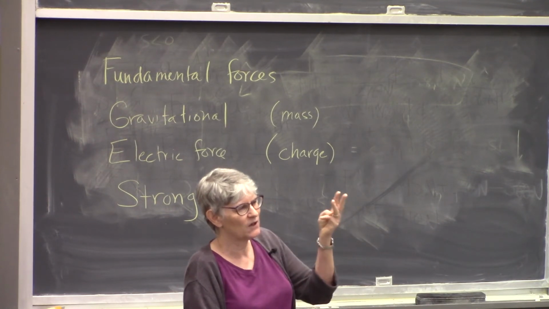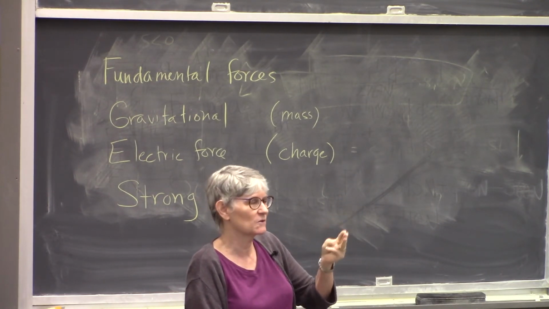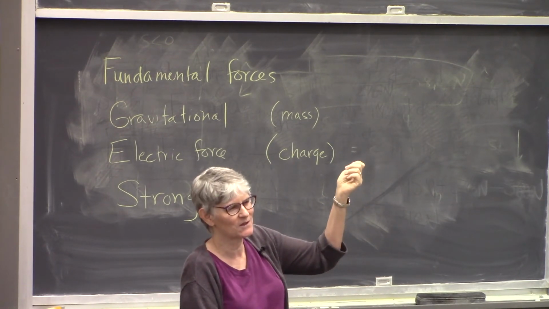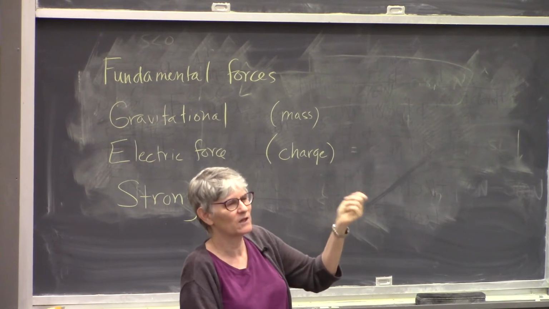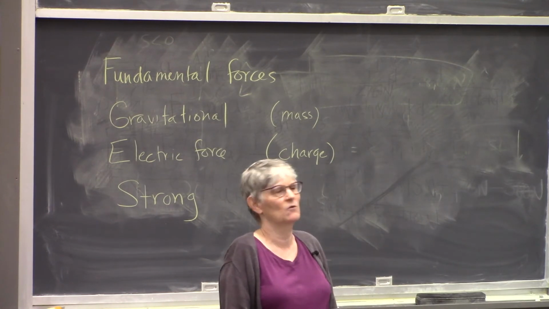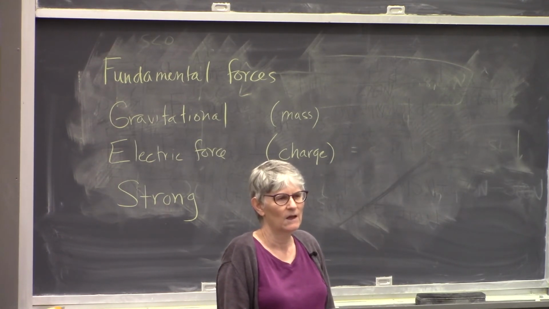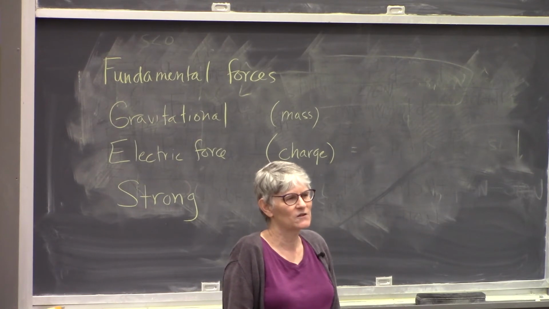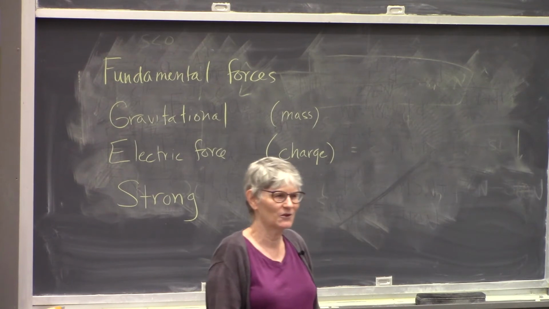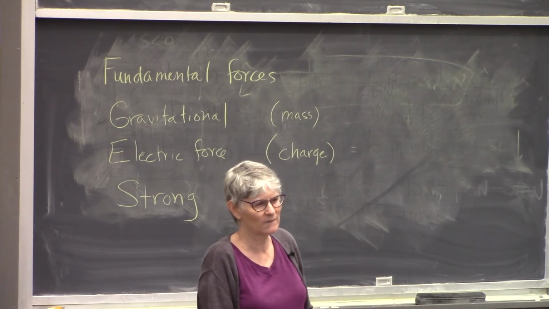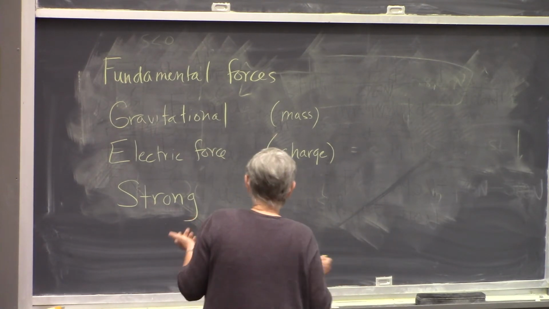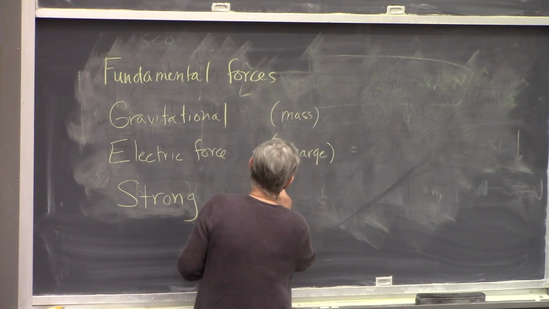And so a proton is made of 3 quarks whose charges add up to +1 times 1.6 times 10 to the minus 19 coulombs. A neutron is made of 3 different quarks whose charges add up to 0. And electrons are not made of quarks. They seem to be made of themselves. They're a class of particles called leptons. And there are other particles that are leptons. So they don't interact by the strong force. So things made of quarks